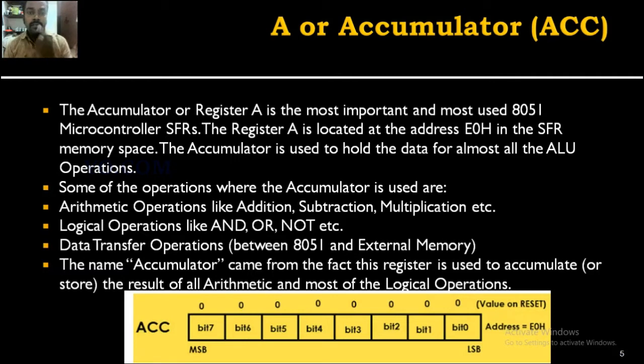If the microcontroller performs arithmetic or logical operations, at that time one data operand should be present in the accumulator, so the A register is also called the accumulator. Then after the operation, the result is stored in the accumulator. The accumulator is an 8-bit register, so it can store 8 binary digits. The main objective of the accumulator is to hold one of the data operands during execution, and the result of the arithmetic and logical operation is also stored in it.